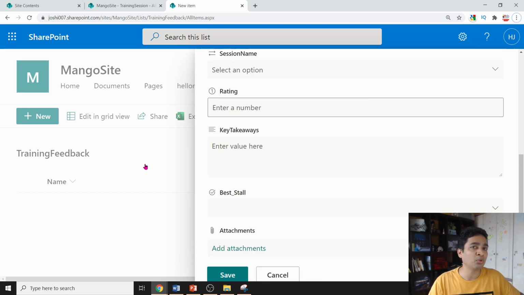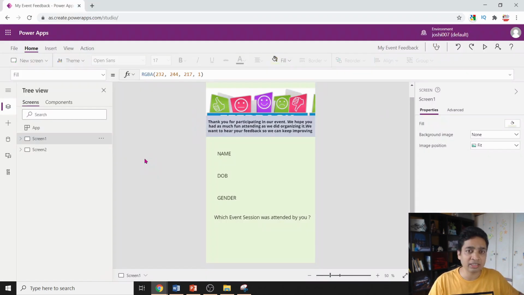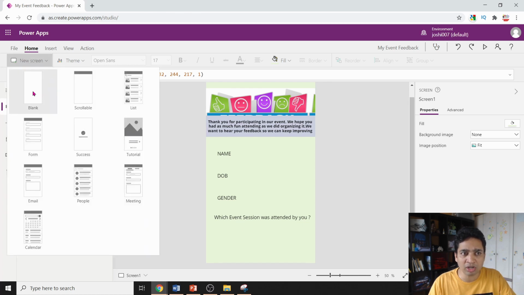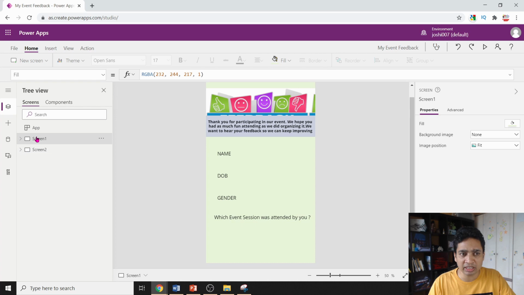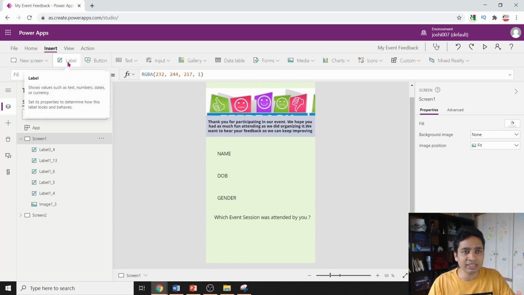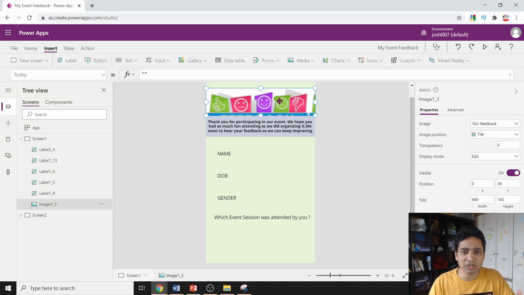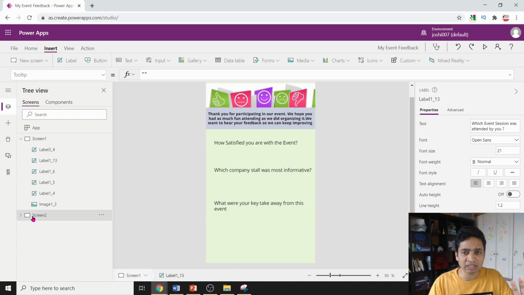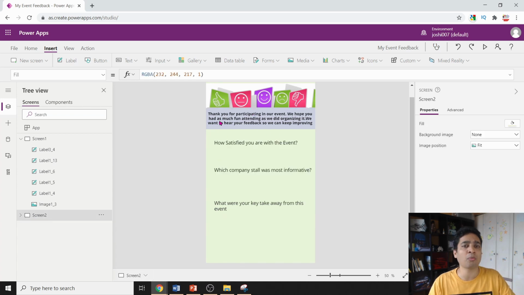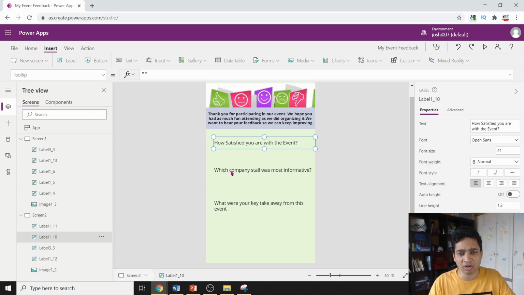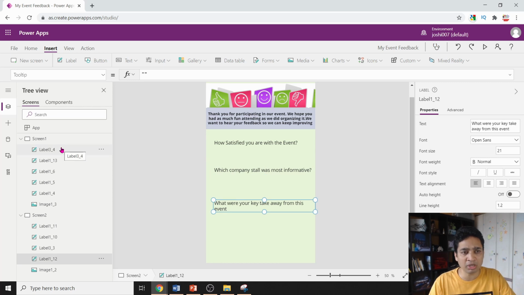So now let me go back to the Canvas app that I have created. In this Canvas app, I have done some pre-work already, in the sense I have created this app. I have dropped in 2 new screens; you just need to click on blank screen from here. In screen 1, I have added the name, date of birth. All these are label fields that I have just added. This is an image field that I have added. In screen 2, it's all the same thing; I have just copied the image, and then I have added all the label fields. The rest of the things we'll be doing in this demo.